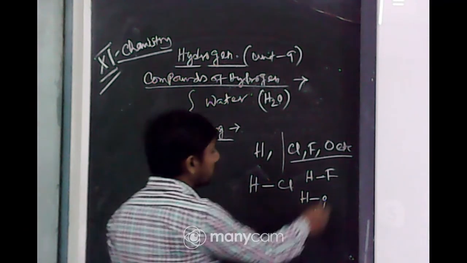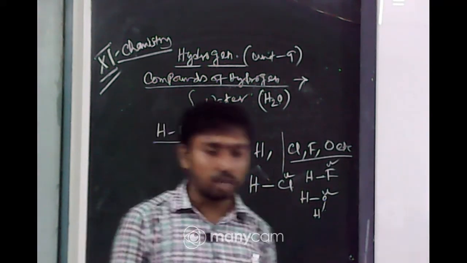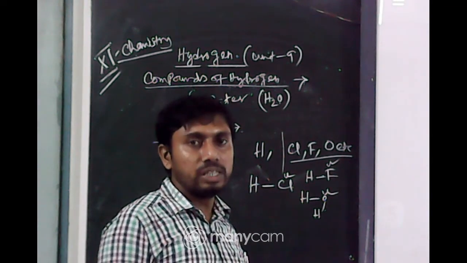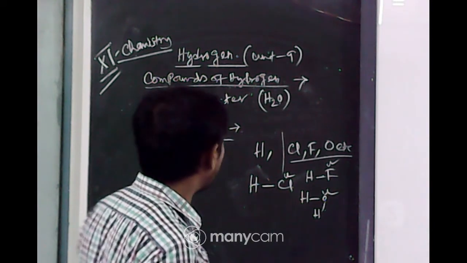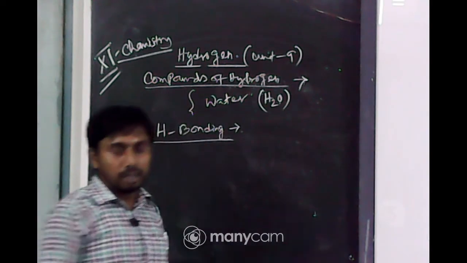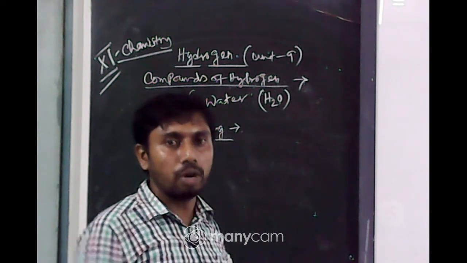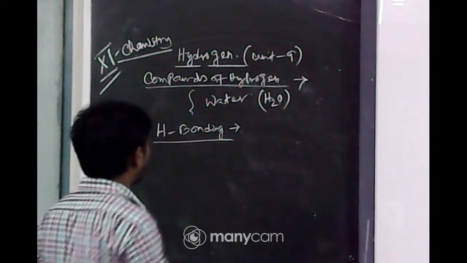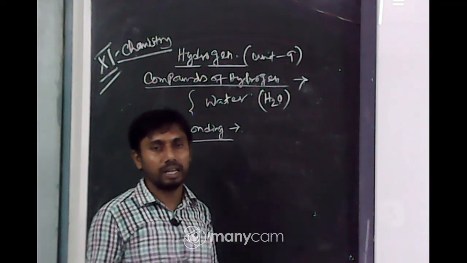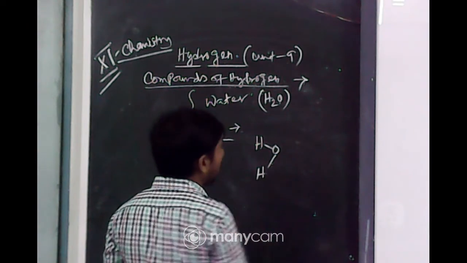So, when hydrogen is connected with these electronegative elements, polarity is gained in the molecule, and this polarity ultimately leads to a bond formation, which is called hydrogen bonding. So, what is hydrogen bonding? That means when hydrogen is connected with more electronegative elements and there is a bond formation between molecules, this is called hydrogen bonding. Now, hydrogen bonding is very active in water, and for this reason H2O you can find in liquid form. So, just take the example of H2O, how hydrogen bonding works here.